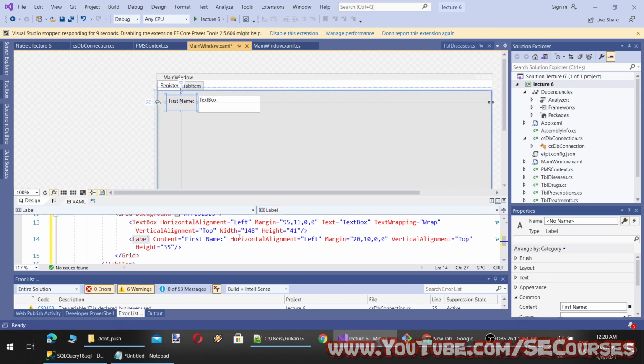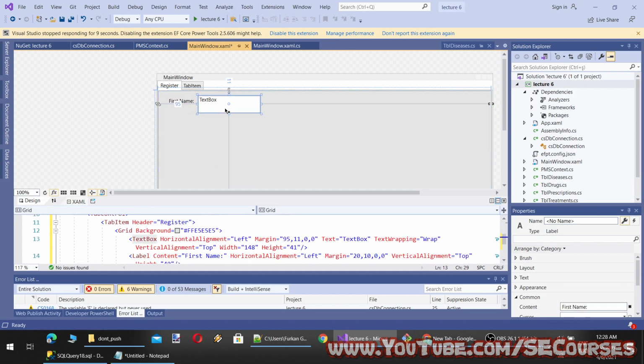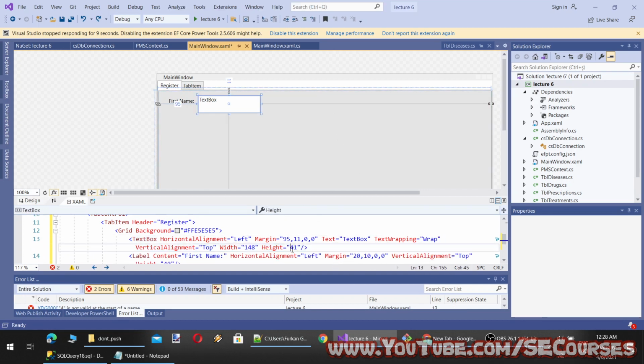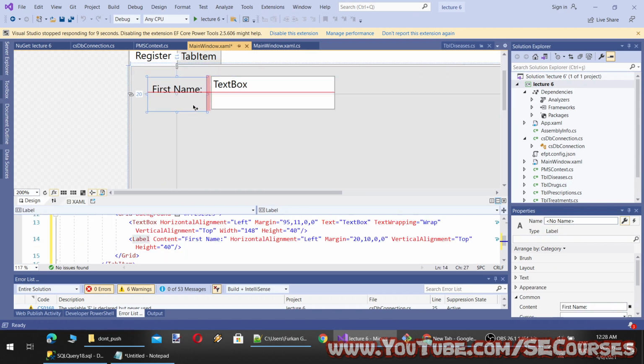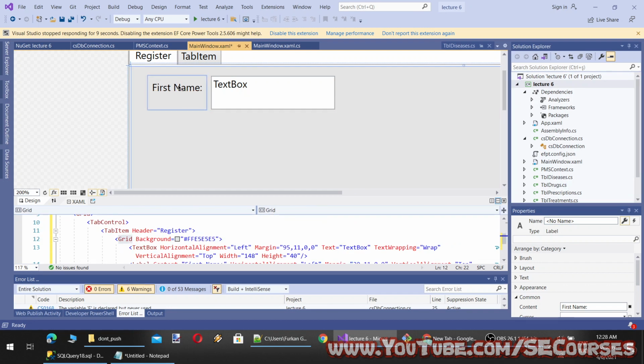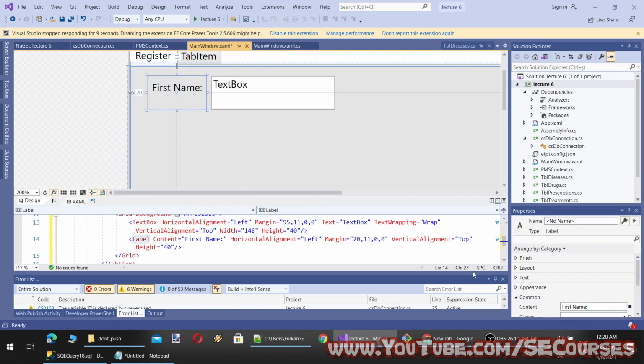Let's make them the same height. So let's make each one of them 40, and this will also be 40. And I will position them the same like this. Can we vertical align that?